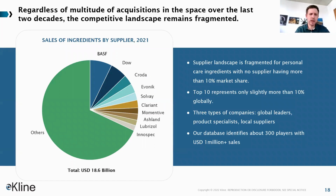So we've looked at the consumption side of things over the last few slides. Let's now look at the supplier side of things. So if we look globally, as we've done so far, we would find out that the market of personal care ingredients is still a very fragmented market, especially if you consider other areas of the